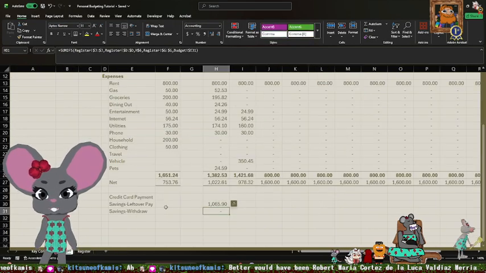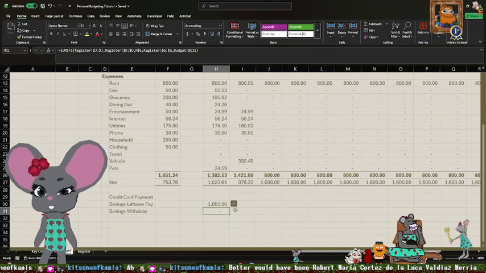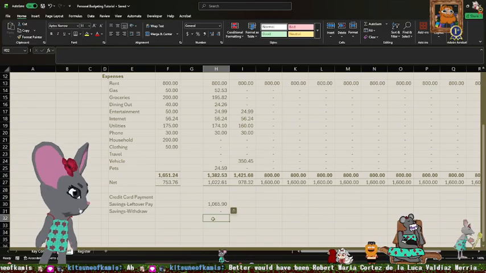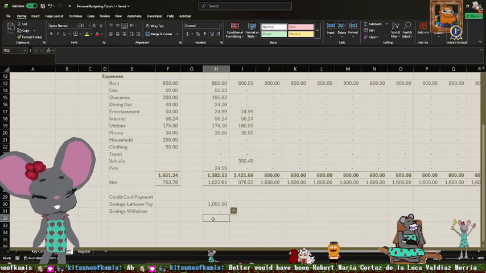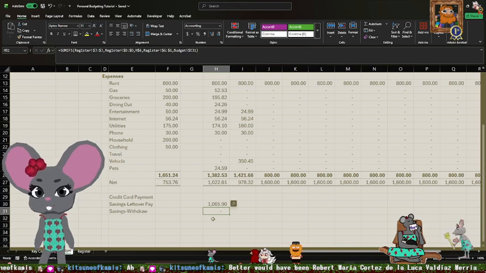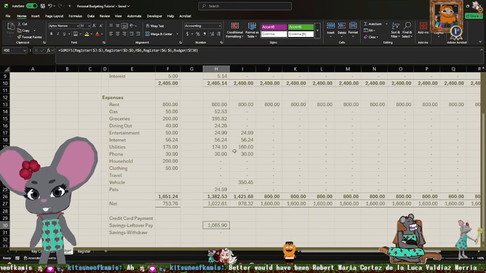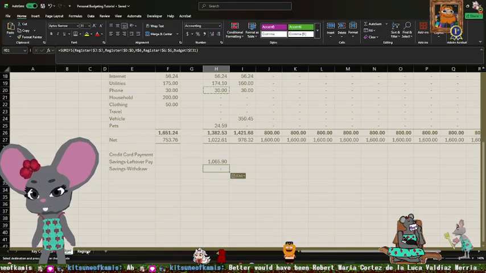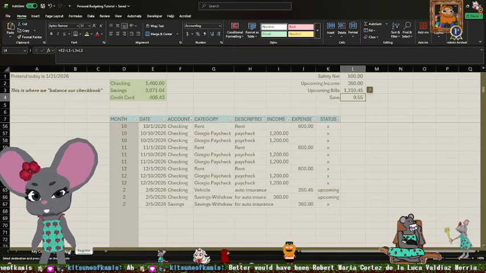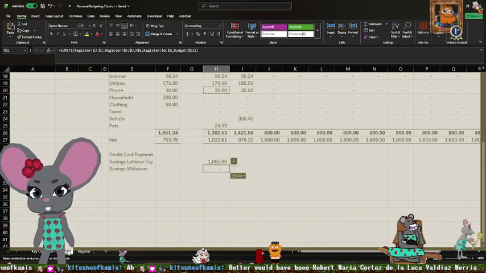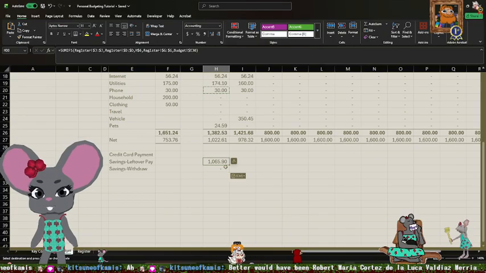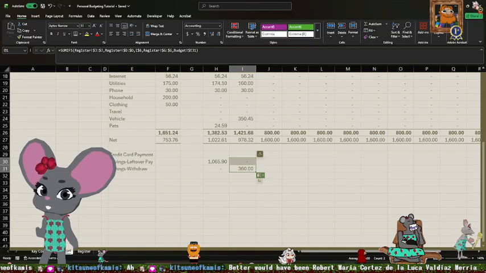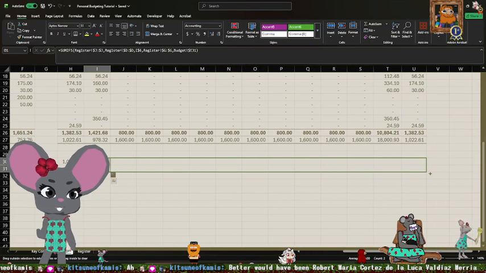And then we'll come over here and we want to mark that as a negative so that we can calculate the difference. So, I mean, this doesn't necessarily have to be. Let's just do, I think, do we want to do that here? No? Savings withdrawal. Oh, we did it in February. There we go. So let's move that down this way.